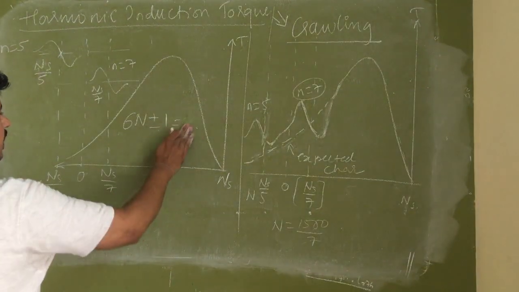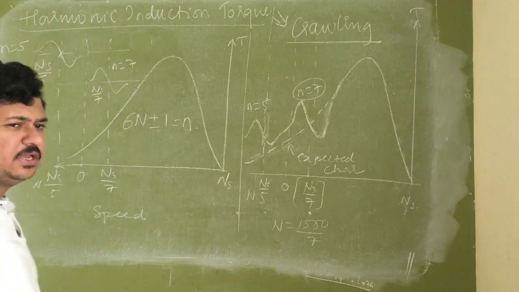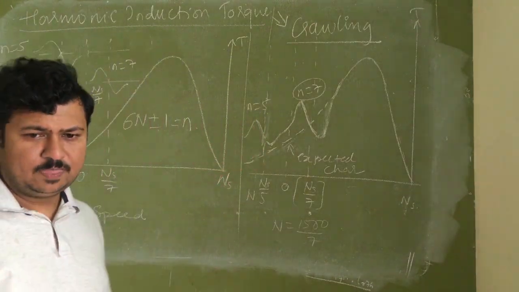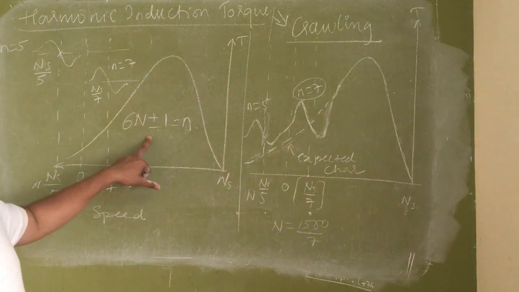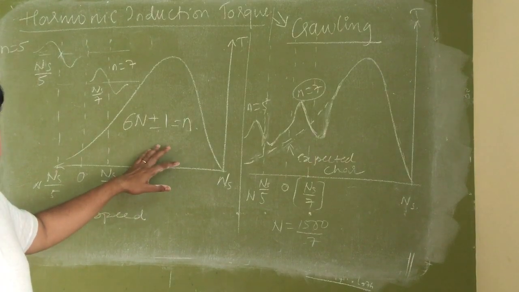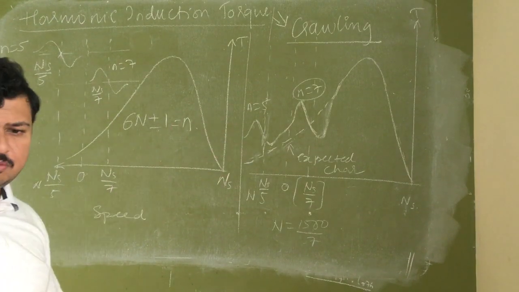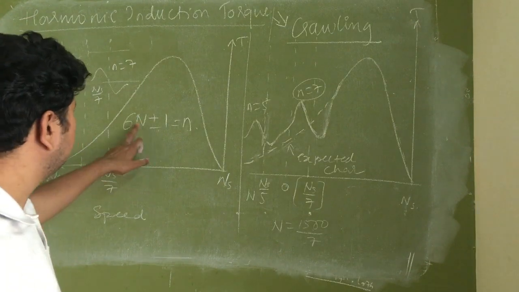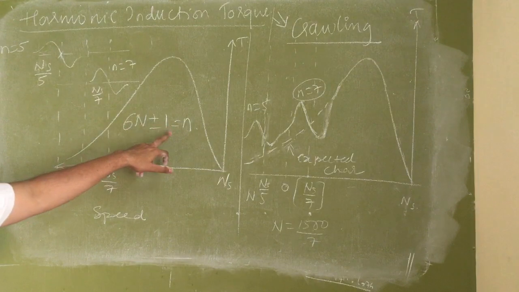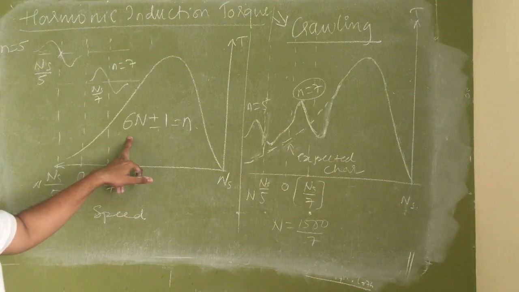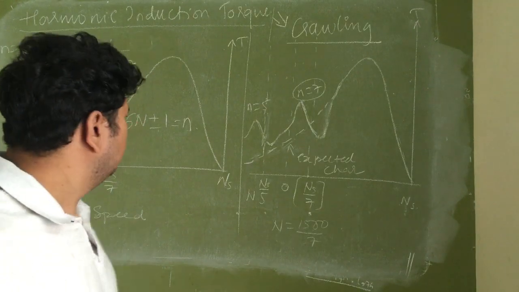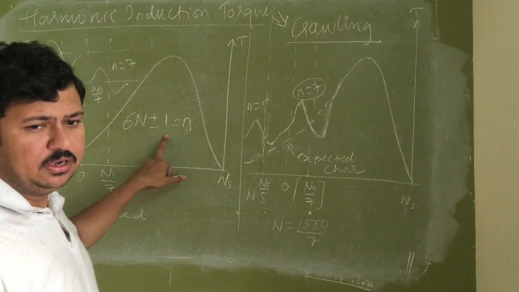For n equal to 3, n has to be a fraction, and already I have defined n as an integer. Therefore, I don't get 3rd order harmonic in 3 phase. It is automatically taken out. Okay, only 5th and 7th order harmonic and higher orders. If I take n equal to 2, then what will be 12 plus 1, 13, or 11. 9th order harmonic will also not be there. And I don't consider 13th harmonic and 11th harmonic.